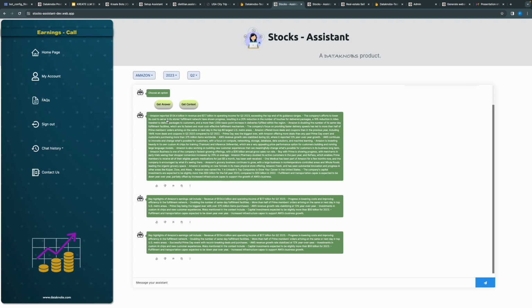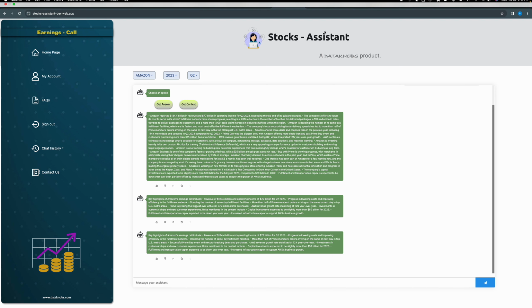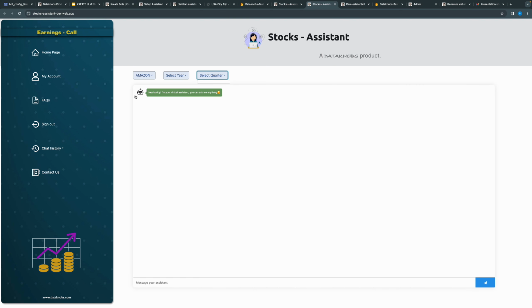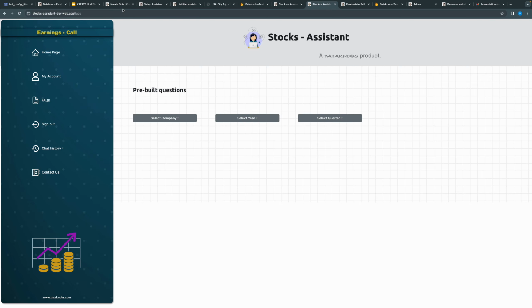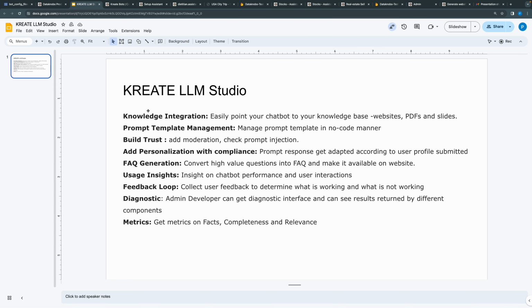And here is the diagnostic information. This is the result, but you can optionally get diagnostic information that helps you determine what facts were retrieved by the vector DB versus what was the final answer produced, and your administrator can verify these. And if you need, you can also convert many of these questions into FAQ. So to summarize again, KREATE LLM Studio enables you to build an AI assistant with ease,